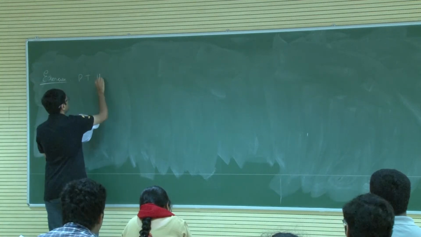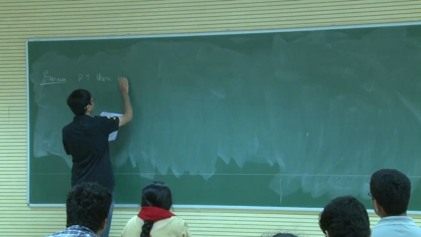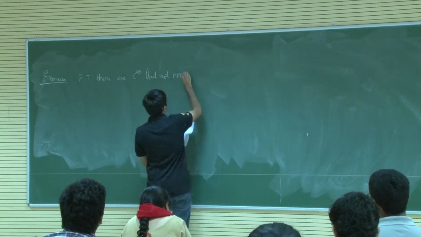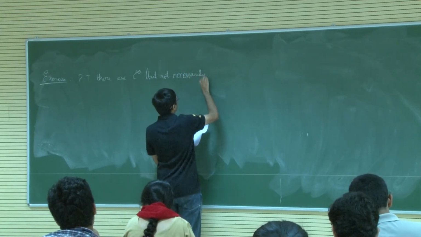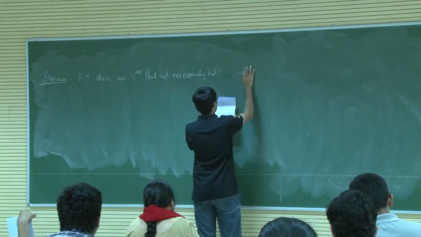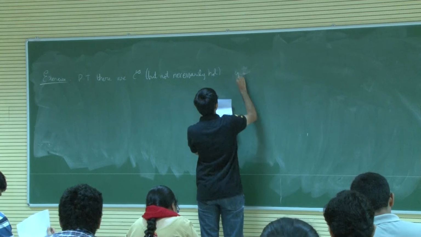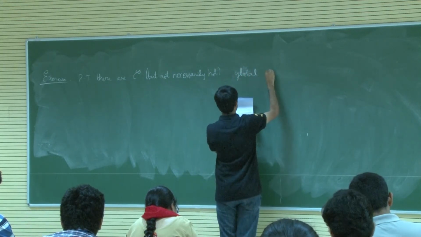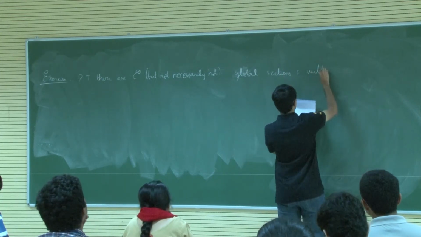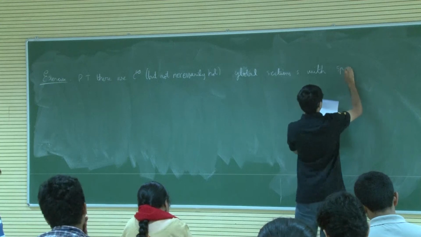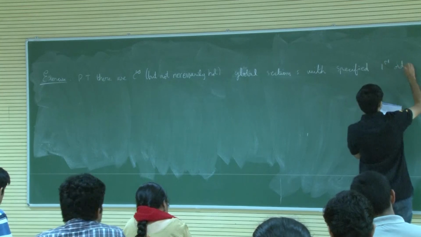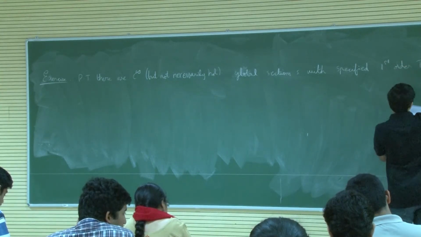Prove that there are smooth, but not necessarily holomorphic, global sections S with specified first order Taylor expansions, specified 1-jets if you will,